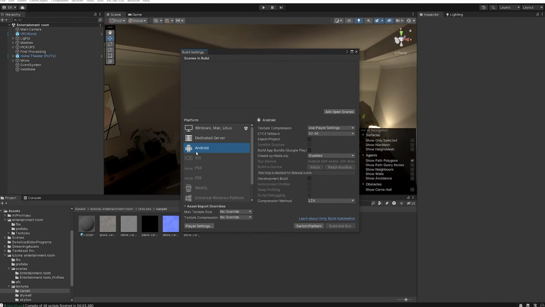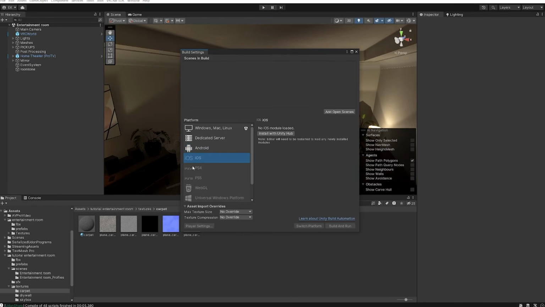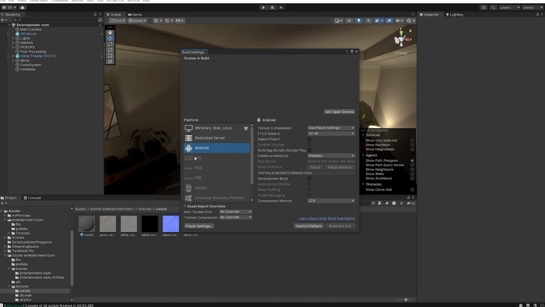So if you don't have this available, if you select it, like if I select iOS, it'll say no iOS module. So it'll probably say something like no Android module loaded, install with Unity Hub. If that's the case, click install and install the Android version of Unity. Follow the steps and then come back here. Come back to this point after you've done that. I have it installed, so all I have to do is go to the right here, press switch platform, and